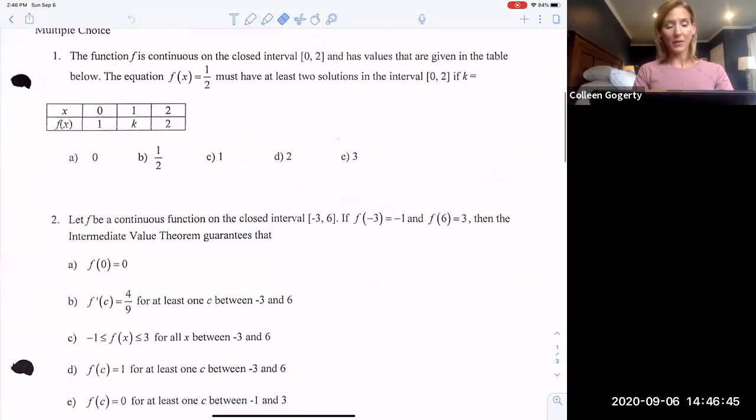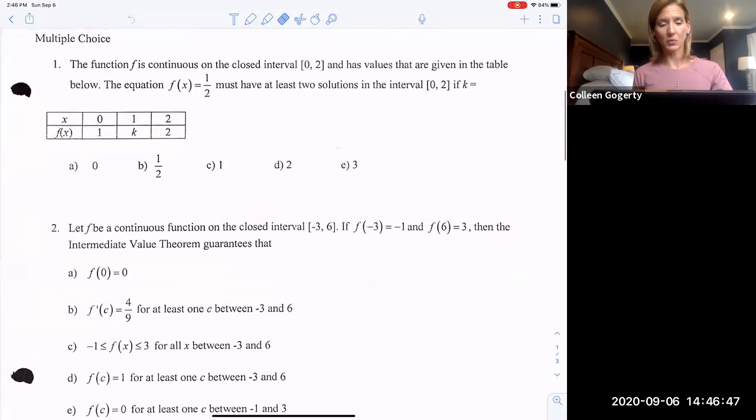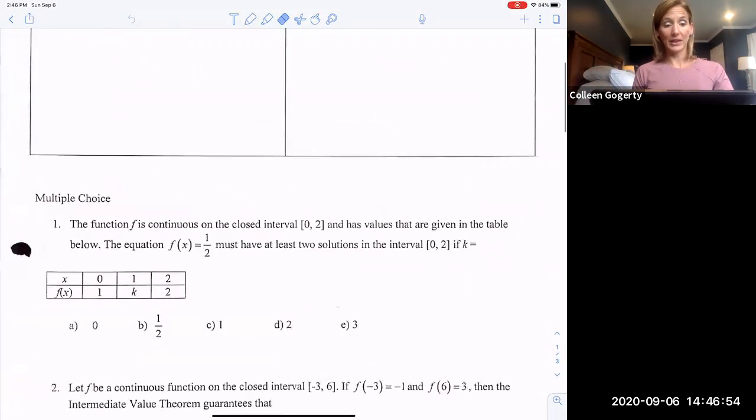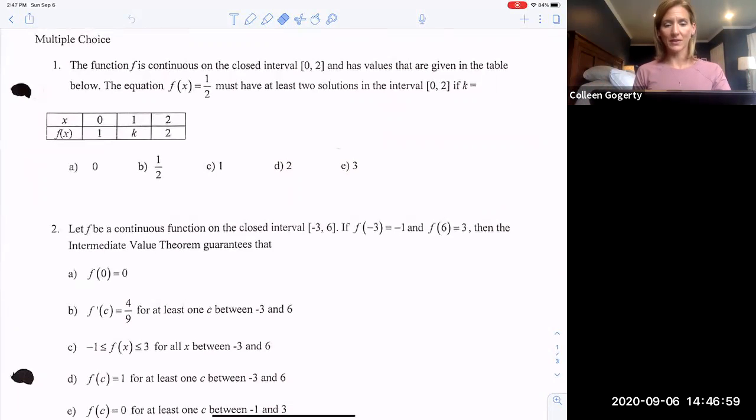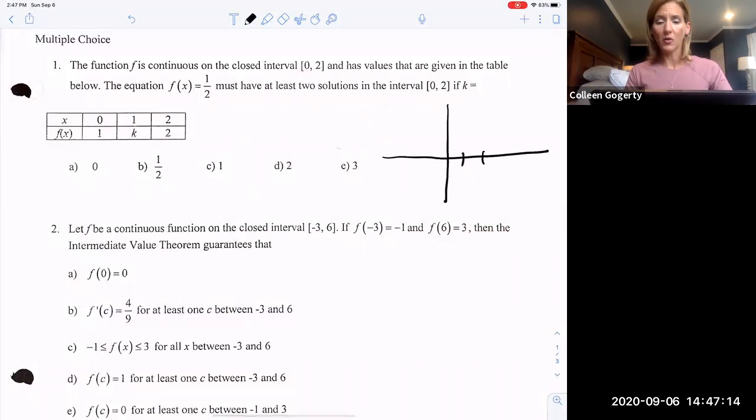All right, I wanna take a look at these two multiple choice questions, and we're gonna go through them kind of quickly, so feel free to adjust the timing if you need it, okay? So the very first one that we're looking at, I'm just scrolling down, is the multiple choice. So the function f is continuous on the closed interval 0 to 2. Okay, I find it super helpful for myself if I make a graph. So I just want to get something that is showing me, in general, what is this looking like, or what's the possibility? So I know from 0 to 2, x is 0 to x is 2, we have a continuous